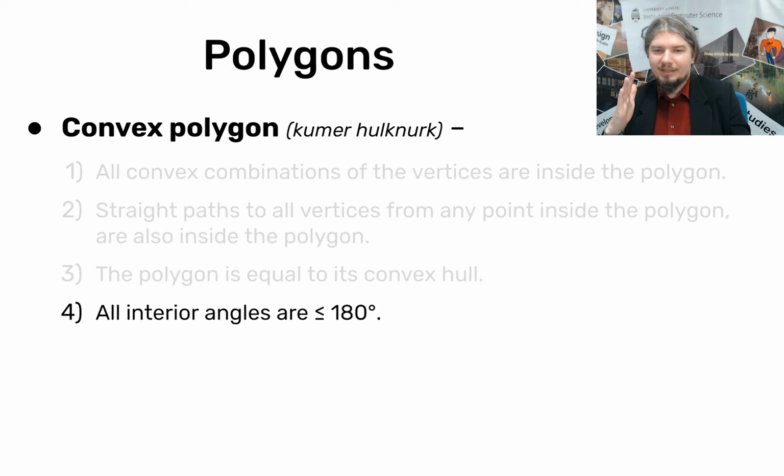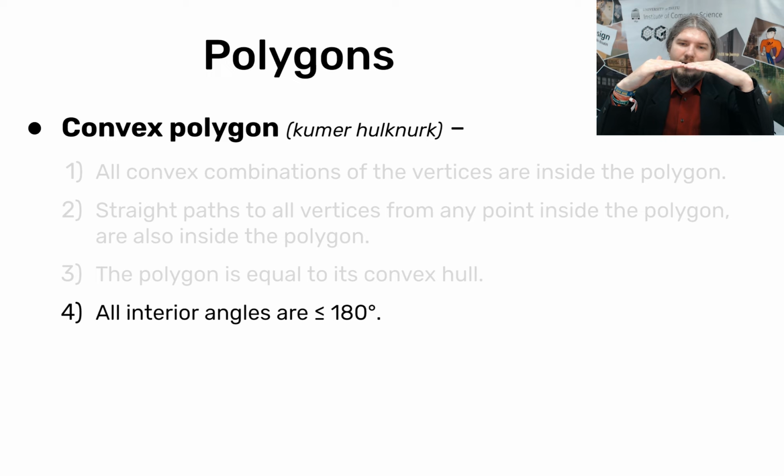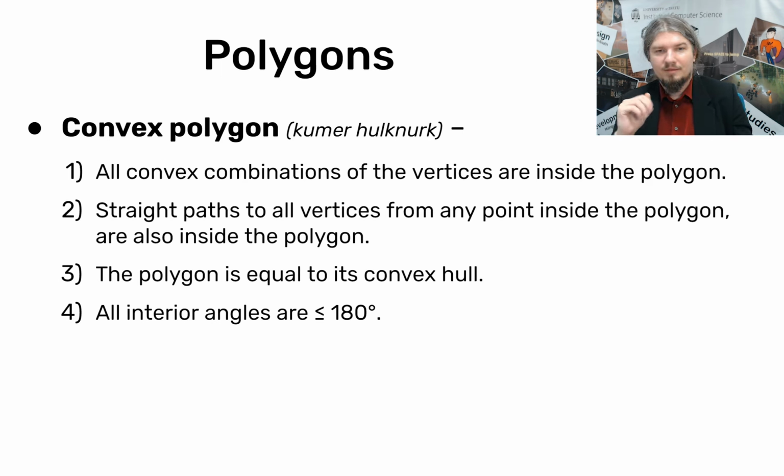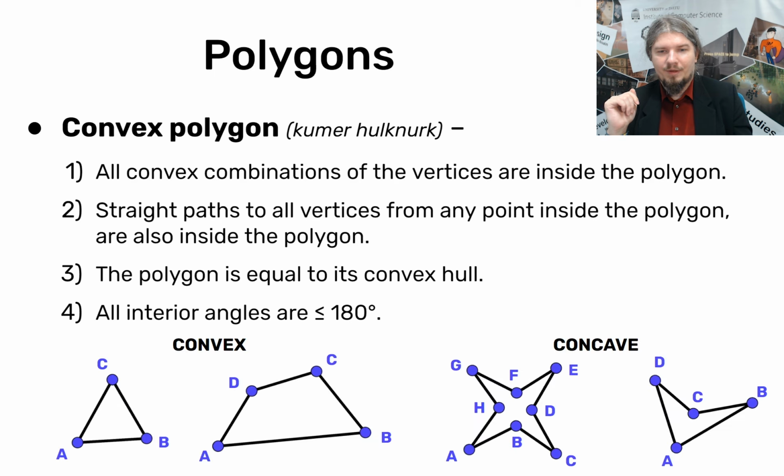All the interior angles are less than 180 degrees. So if you have an angle, and let's say your shape is like this, if all the interior angles are less than 180, then it's good. But as soon as you have an angle like that, an interior angle larger than 180, then you're not good. We'll test these things on actual polygons in a moment as well. So these are the four definitions. And here are some examples, convex examples, and the other ones that are not convex